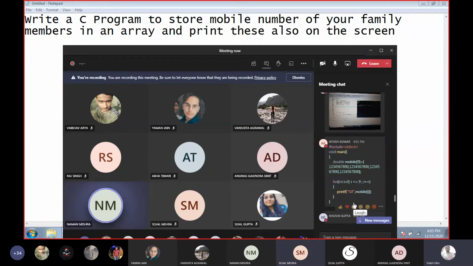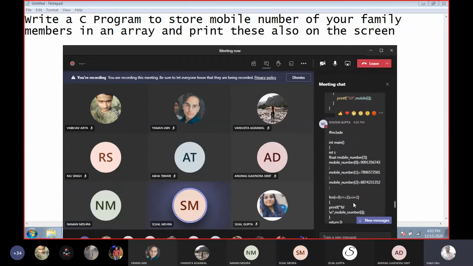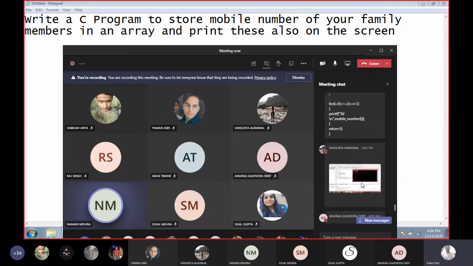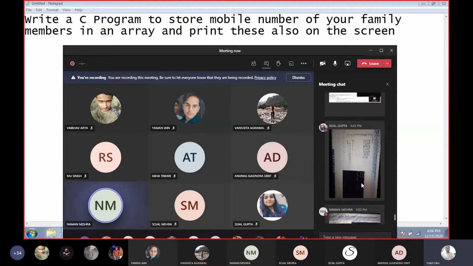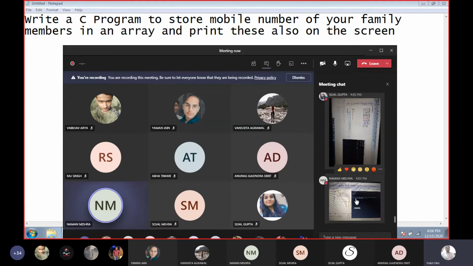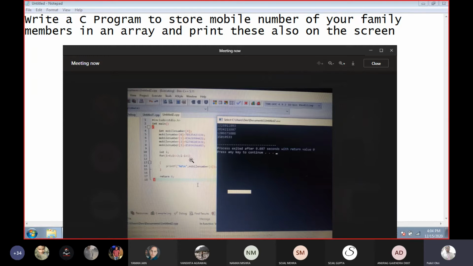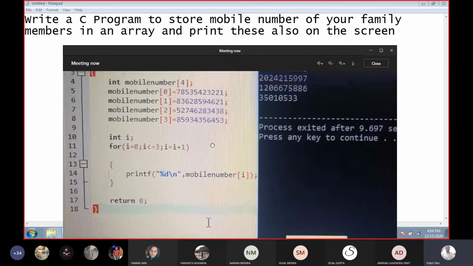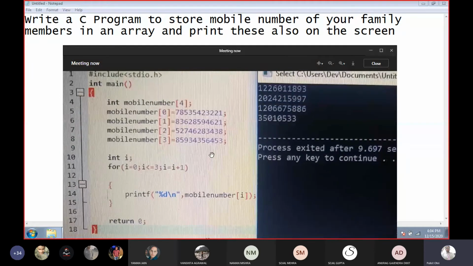Sir, I am facing a different type of problem. Sir, the numbers I entered did not come in the output. Let me check. Yes, because you are using the integer, na? Integer size is only, you can say 4 bytes, but actually out of 4 bytes, 2 bytes are available for the positive number, and in the 2 bytes you cannot store 10 numbers.